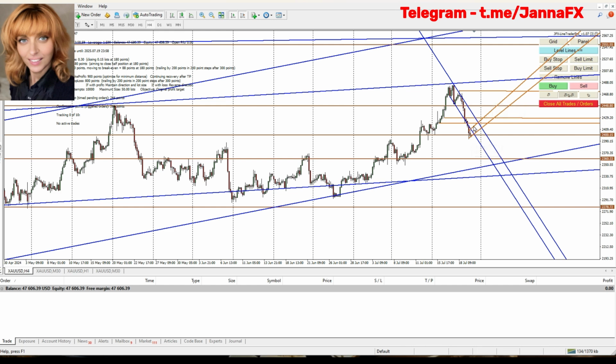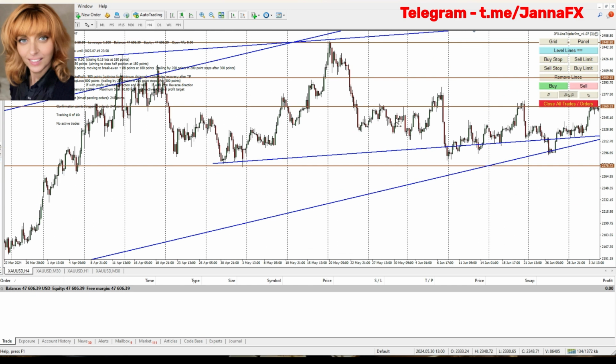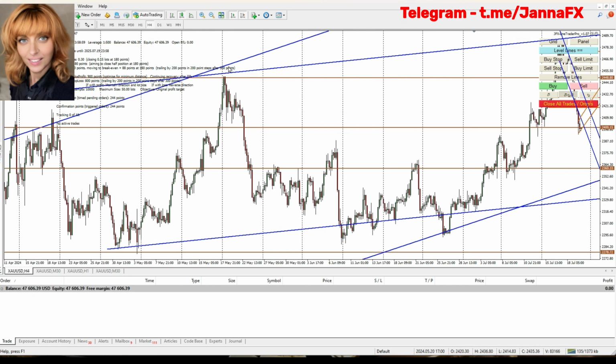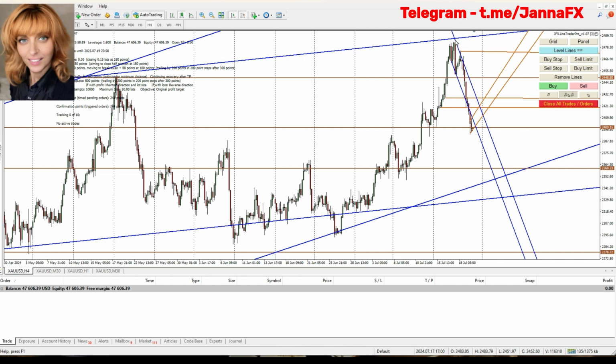At this moment, I'm still expecting a bit of a correction and continuation way down in this channel, where we already have two tops, and because it has created another one, that's why my expectation is for the correction to continue all the way down, possibly to the 2360 area. Again, if I